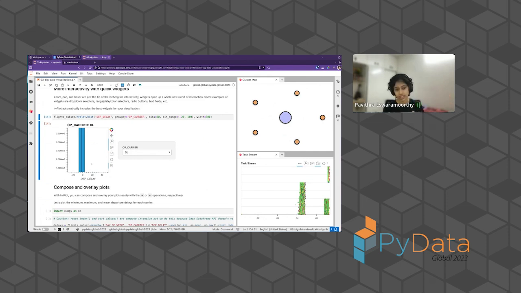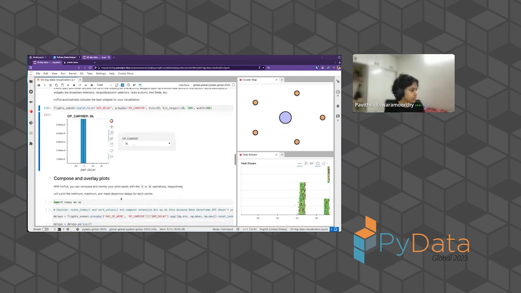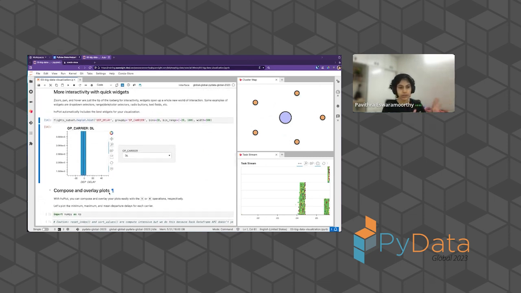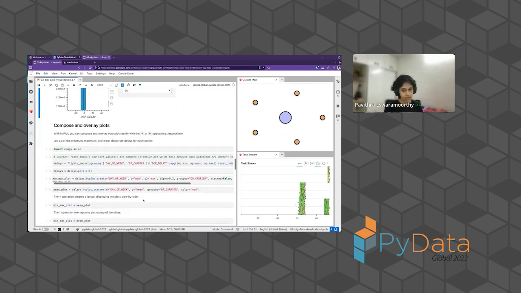But when we go to Datashader, that's what Datashader was built to do, to visualize these really, really large volumes of data and be able to sample these in a more interactive way. So there, when we do a zoom, it'll trigger a compute and give you a more granular view of things. Okay, so far all good? So quick widgets is basically hvplot handling certain widgets for you. Okay. The next cool thing about hvplot is the ability to quickly